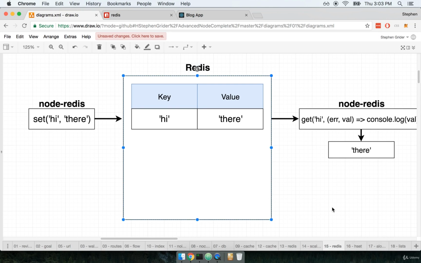All right, right in the center of this diagram is our Redis instance. Redis is a key value store. So you can think of it as storing data very similarly to how a JavaScript object stores values. We have keys, and those keys reference different values. We're going to use the Node-Redis library to eventually manipulate